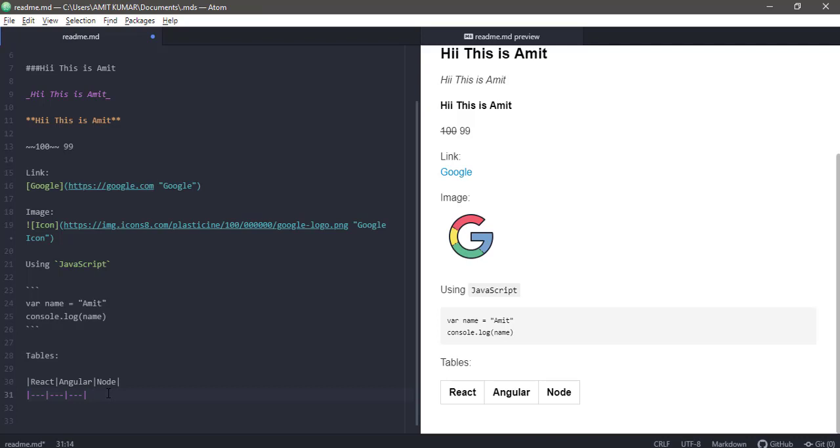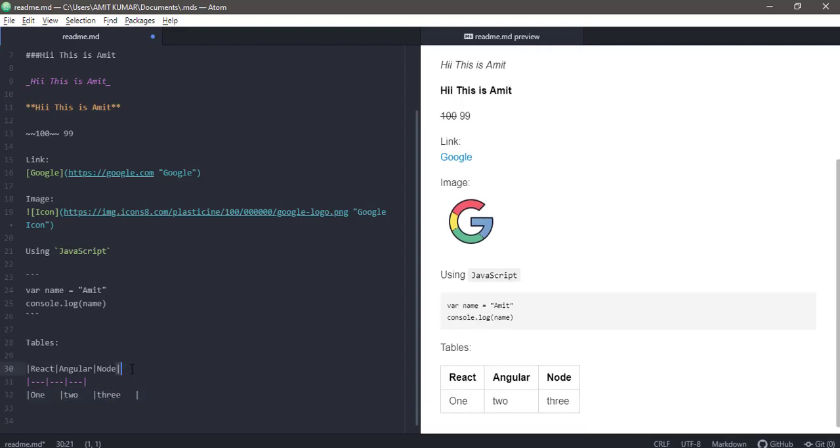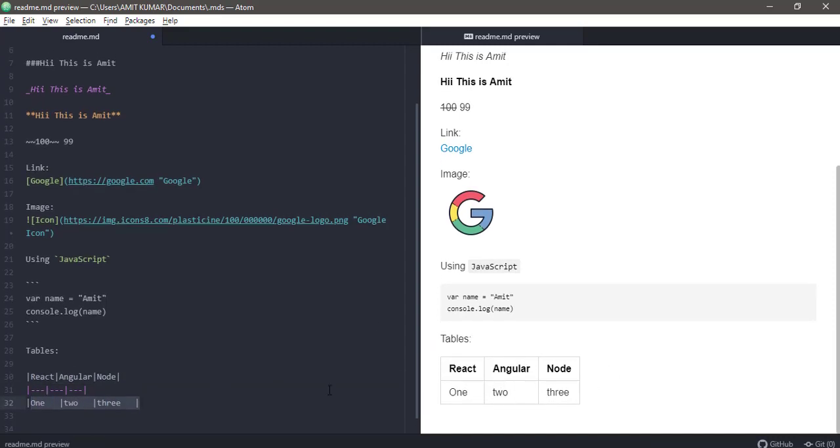Again, you can give the table like this: here 1, then here 2, and then here 3. Now let me tell you the difference. When you are making a table, the very first line represents the title, which is the reason why it is considered bold, and the rest is considered normal. So you can see the difference here.